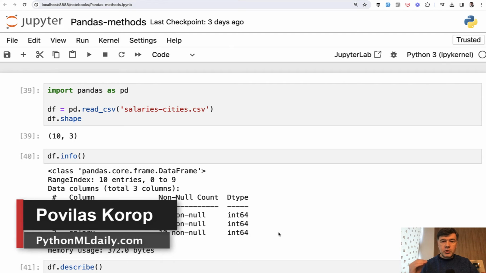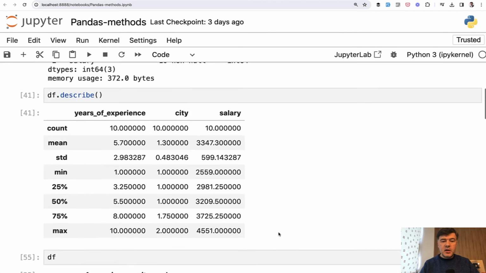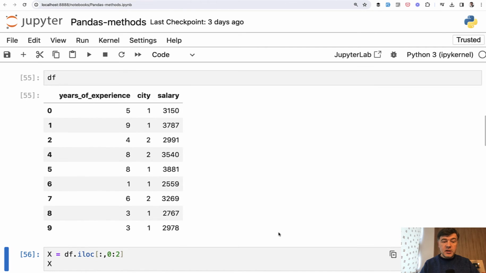Today we'll have a short practice of the Pandas library, and specifically splitting the data frame of Pandas with 4 different options. So imagine you have this data set and you need to split that into x and y variables, and I will show you 4 ways how to get that x data set. So your x should be all columns except the last one. The last one, salary, is to be predicted with a machine learning model, and these ones should be your X